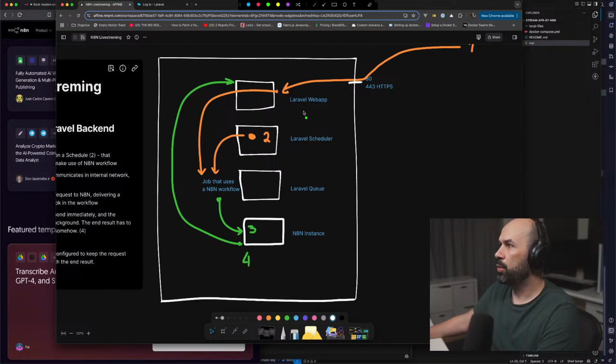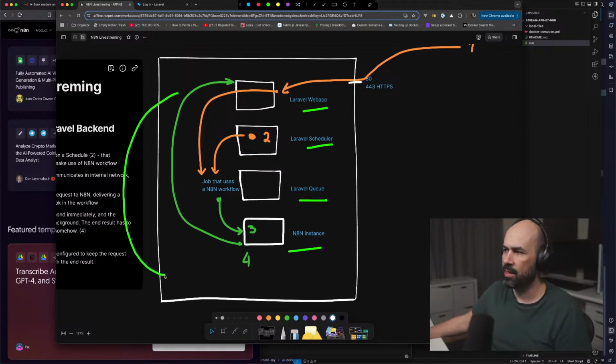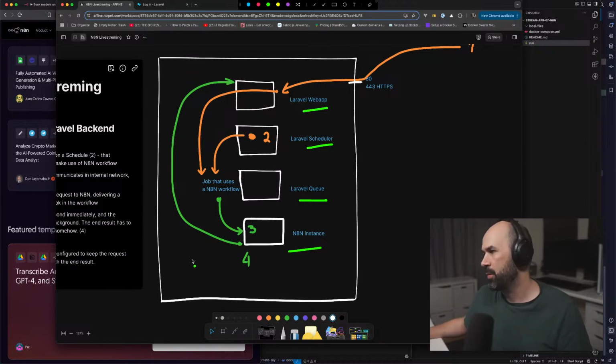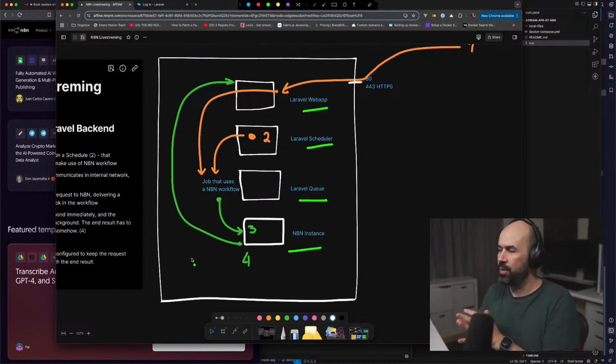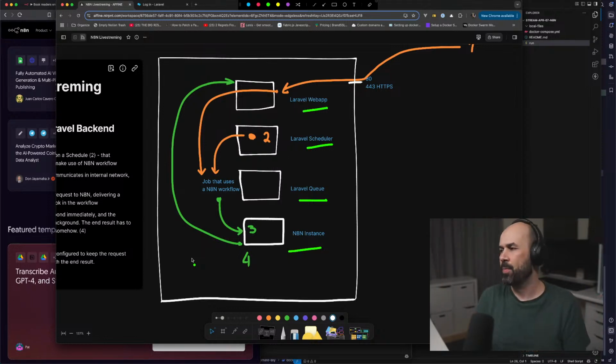We will have a web app, a scheduler, a queue, and an N8N instance, and we can use all of these together. It can communicate in the internal network or over a cloud. So this is the current project for the next couple of streams, maybe more than a couple, and that's it. I hope you enjoy.